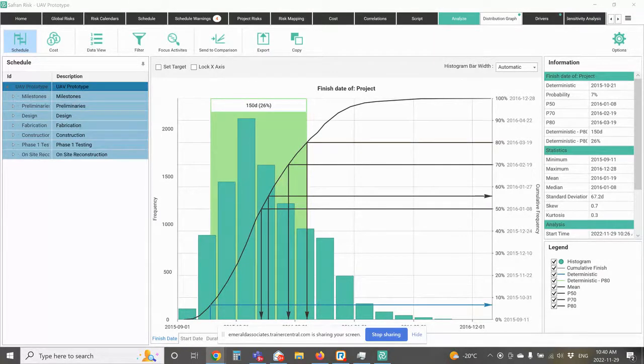So first of all, this is the output of a schedule risk analysis. This histogram has a bunch of very interesting information on it. What it tells me is that in this case, we did 10,000 iterations of this schedule. And these bars represent the number of times that any particular date came up in those iterations. So for example, if I look at this one of June 1st, it came up about 500 times out of